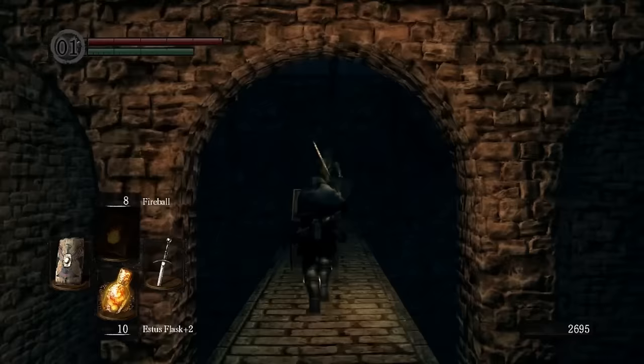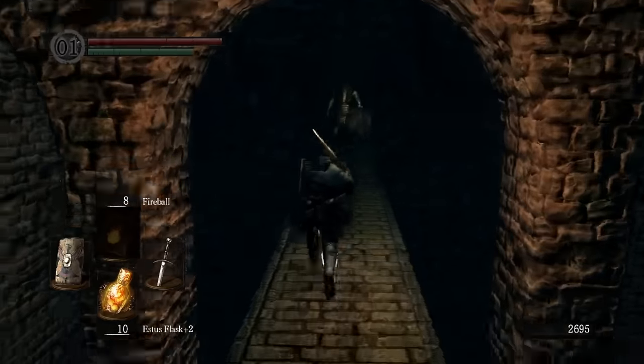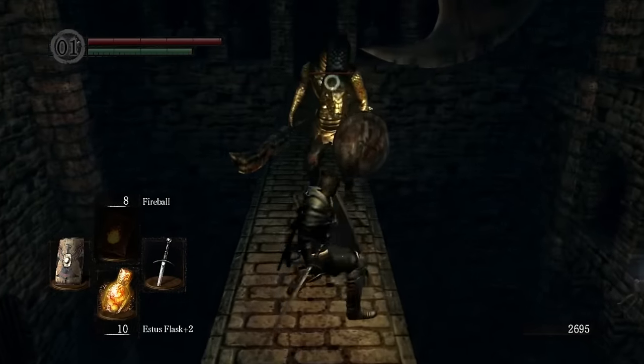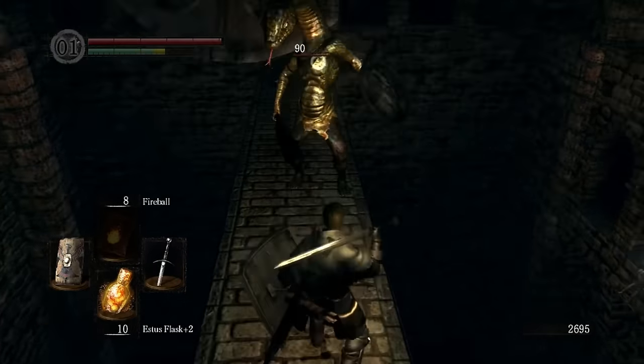Okay, we've done a little soul banking now, so I feel a lot less edgy. That said, these snakes give out, I think, 500 souls a pop, so you never really have to worry too much. You can farm out relatively easily here in Sen's Fortress. The best way to deal with this guy, honestly, with my current weapon set, is probably